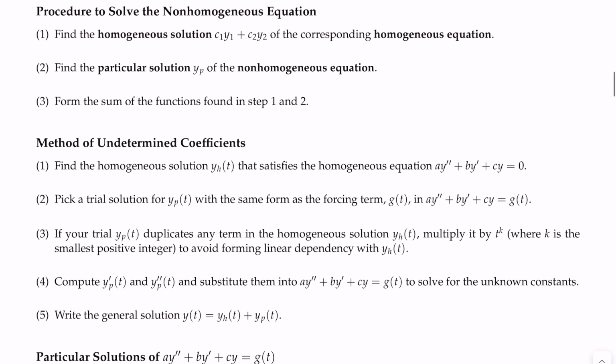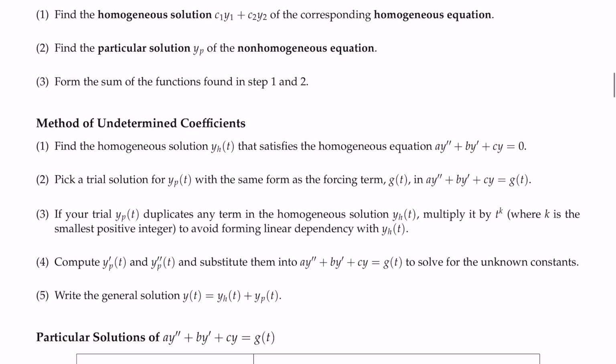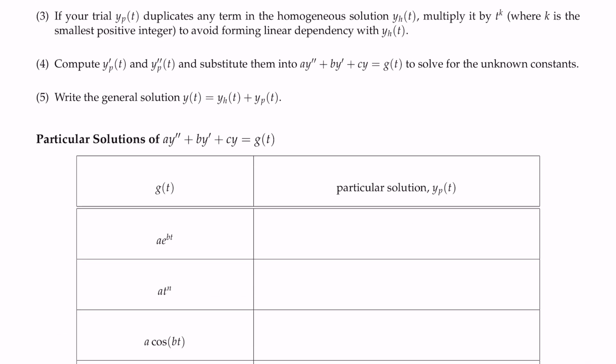Okay, so what is the method of undetermined coefficients? You have to make a trial solution, based on the forcing term on the right hand side of the non-homogeneous differential equation. So g of t will have a certain form, and the particular solution will mimic that form of g of t. We're going to dive into the details a little bit later, but I want to give you some of the particular solution forms that you may encounter